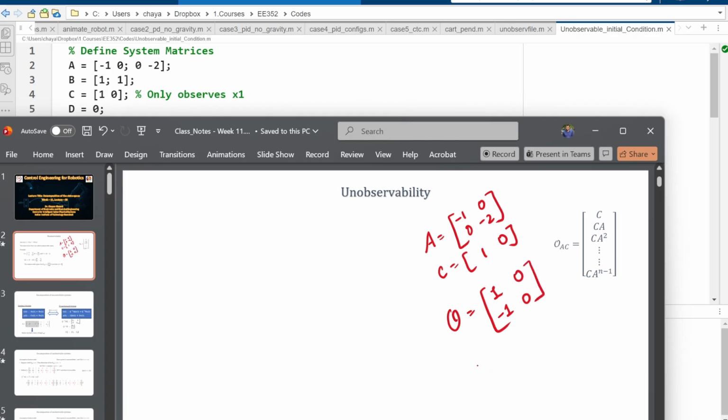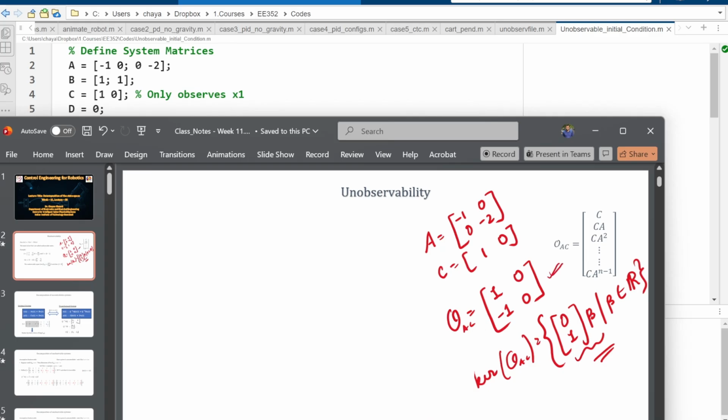Which means the unobservable space here will be given by vectors of the form 0 1 beta, beta belonging to R, right? So these are the unobservable states